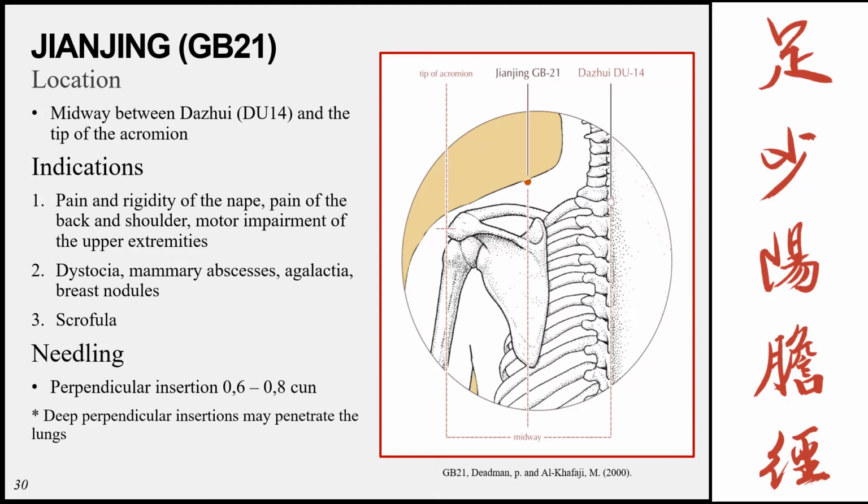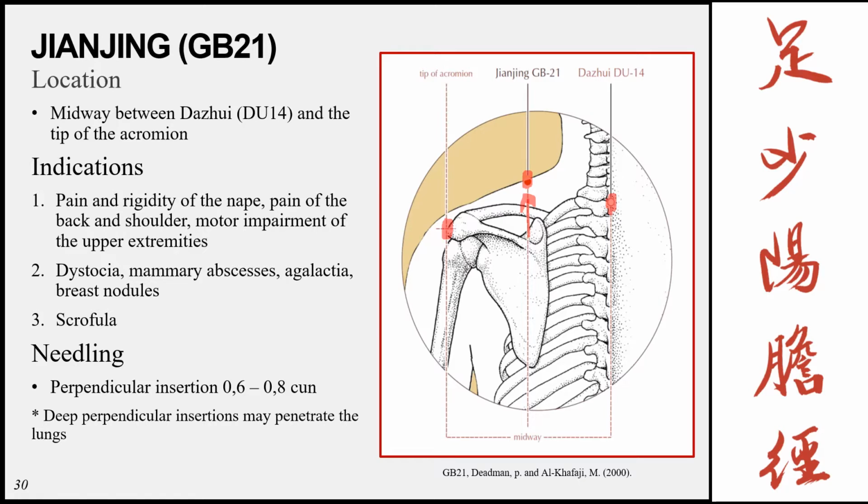The next point is JIANJING, GB21. This point is located midway between DAZHUI, DU14, and the tip of the acromion. So here's DAZHUI over here, and the tip of the acromion is this part over here. So we take this distance and we divide it in half, and then we go to the high point of the muscle over here. So this point's indications, firstly related to its local area, it can be used for pain